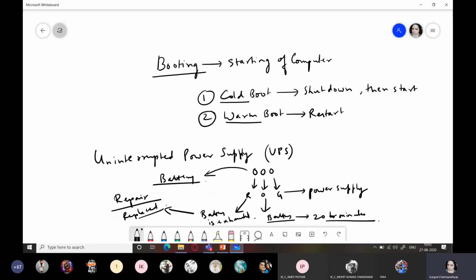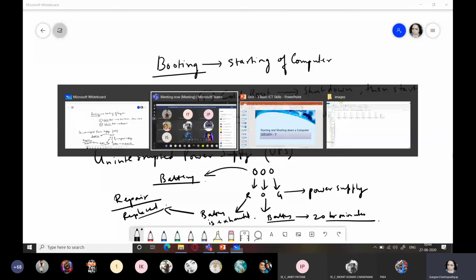Like my computer's UPS, it has gone for a repair and its internal battery has totally worn out, and it will be replaced, and then only will I be able to start using it again. So I don't use my desktop much these days because there are a lot of power fluctuations. You know what will happen if you keep on switching off your computer abruptly, your system files get corrupted, and there will come one time when you won't be able to start your computer. So avoid switching off your computer directly. Always follow the proper shutdown process.